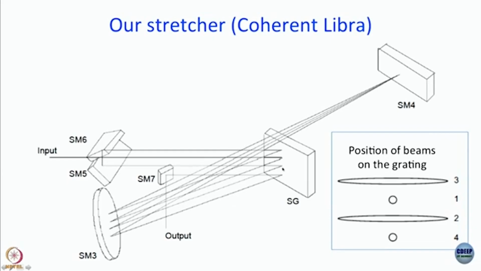Then, okay, this is 1, this is 2, it goes back here, then back to SM3, then it hits the grating above spot number 1 and it is still a streak. Then from here it goes to SM6, sorry, I think I got it a little wrong, 1, 2, from 2 it goes to SM5, SM6, back to spot